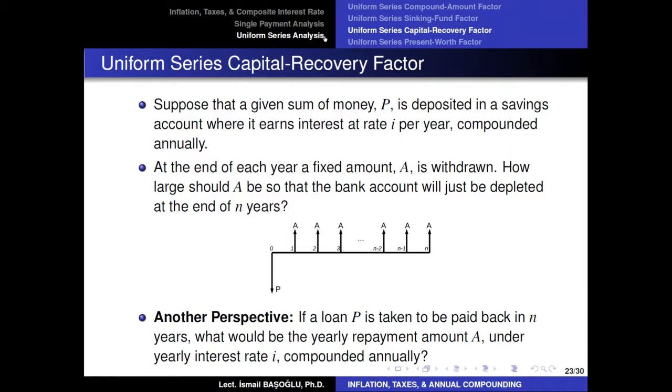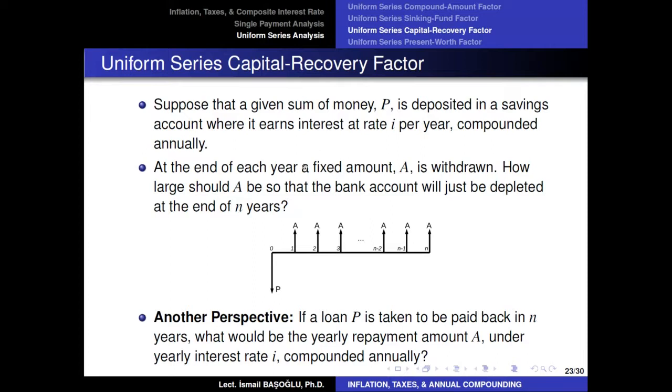So this time we are going to study relationships between a uniform series of cash flows and the present value. And here we start with the uniform series capital recovery factor. Now, suppose that a given sum of money P is deposited in a savings account. So right now, at time zero, you have deposited money P in that account, and as long as it stays in the savings account, it is going to earn interest at rate i per year that compounds